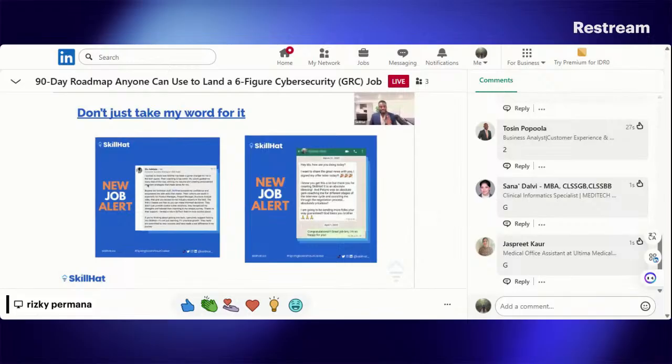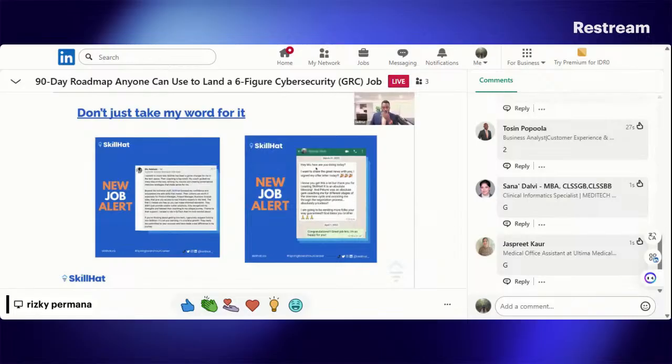And here's some screenshots again of success. This is Olu, who says, I want to share how it's been a game changer for me. The coaching is top notch. My coach guided me every step of the way, finding my resume. Beyond the technical stuff, the skills have boosted my confidence, empowered me. The course is worth it. If you're thinking about getting into this, it's not just learning, it's practical.